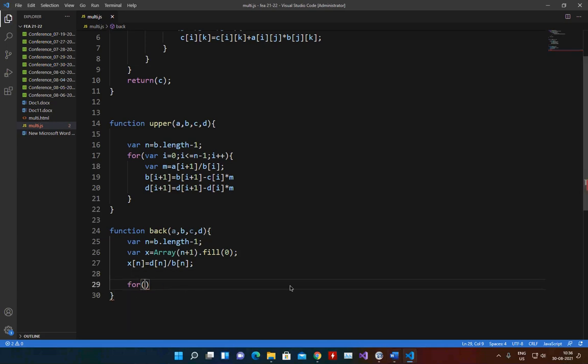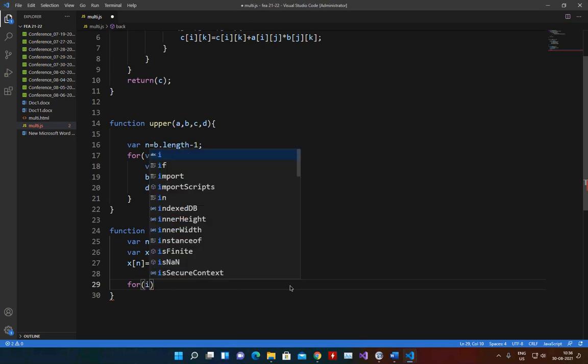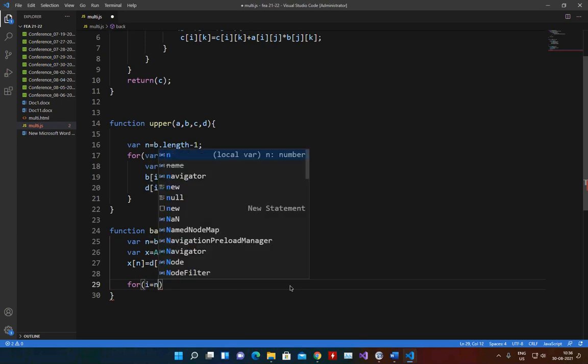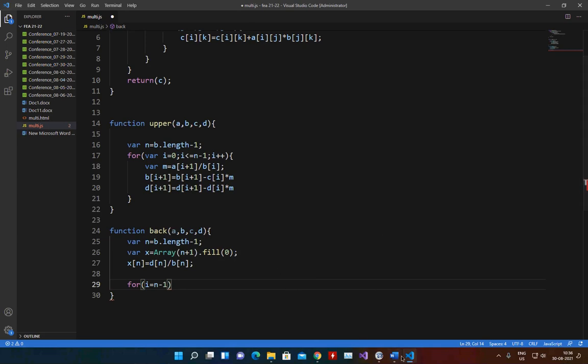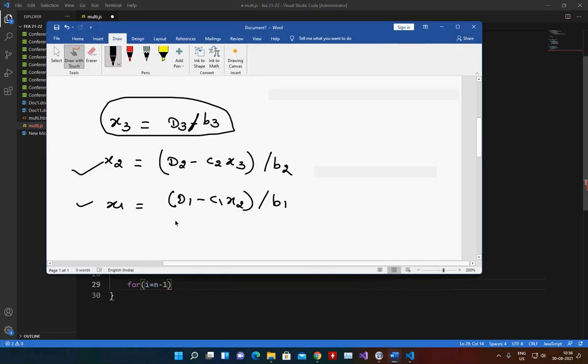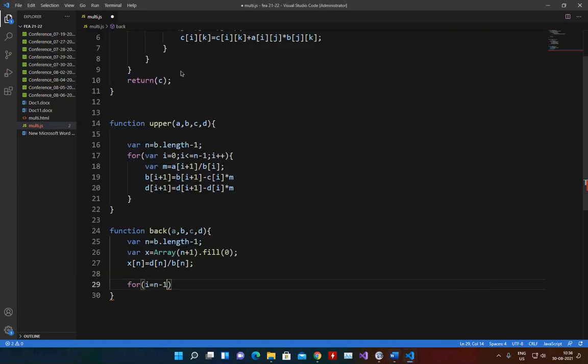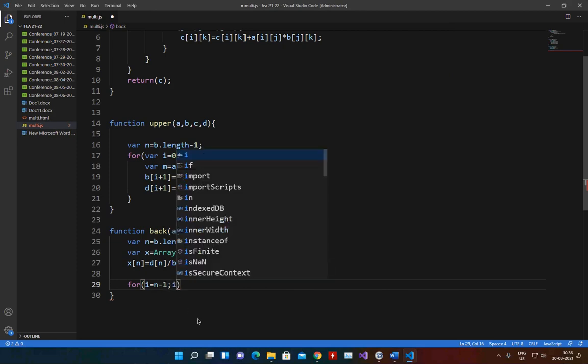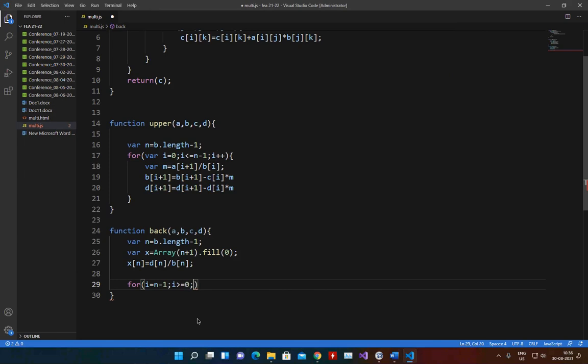Now for i equal to n minus 1, because I need to start with x2. x3 I already got. I need to start at x2 and go up to x0, so I have to go in reverse order. So for i equal to n minus 1, i greater than or equal to 0, i minus minus.